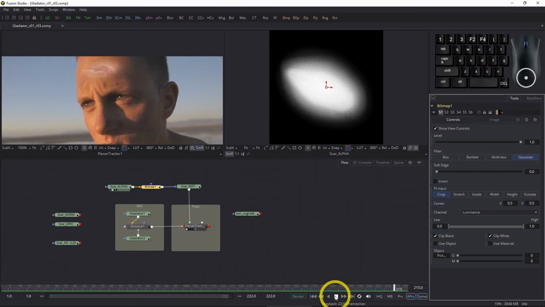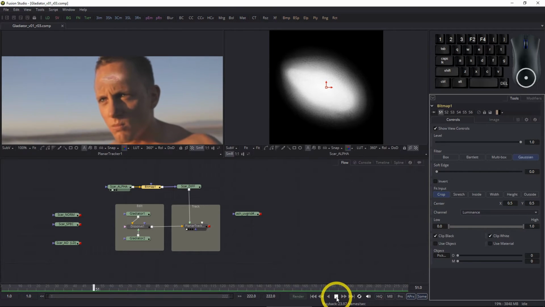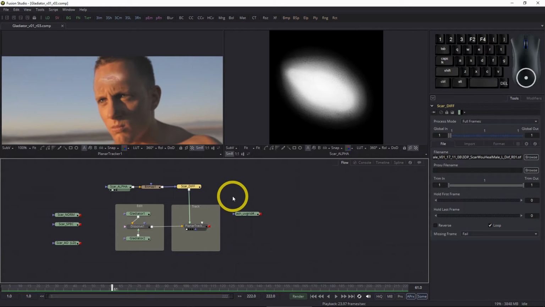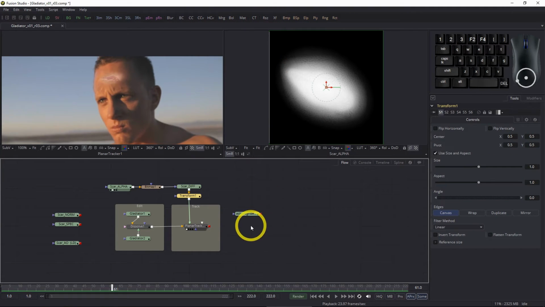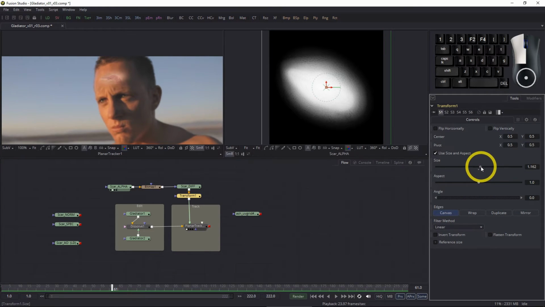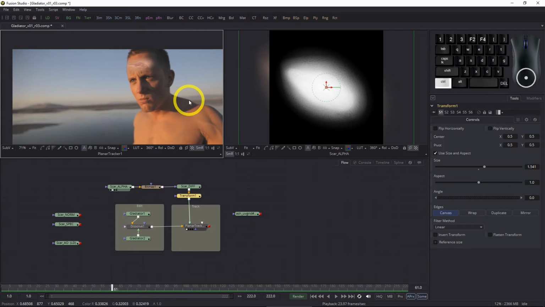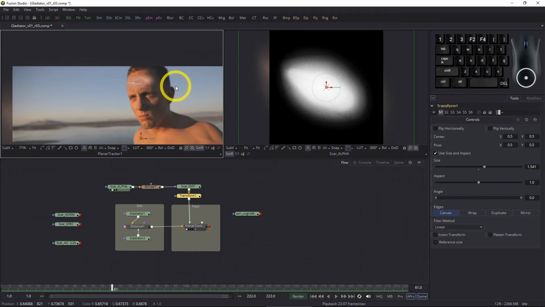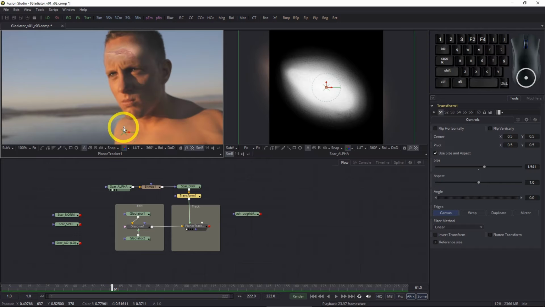And if you're working this way with just 2D bitmaps, you would obviously put in color correction after here, but you'd also probably put in something like a transform. So if we come up here, I would probably put in a 2D transform, which would allow me to just size it up like so, make it bigger, and also obviously move it. So if I pull back and turn on our controls, we'll see that I can move it around on the forehead a bit,